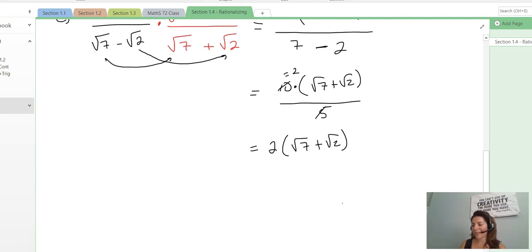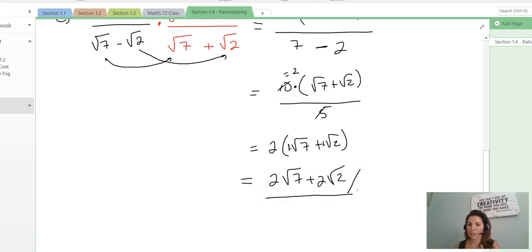You could leave it like that, because that is fully simplified, but some people may choose to distribute. When you distribute, make sure that you're multiplying by the coefficients. There are invisible 1s over here, so you will see 2 times the square root of 7 plus 2 times the square root of 2. That could be another way you can write your answer. Be careful not to say the square root of 14 and the square root of 4, because you cannot multiply something